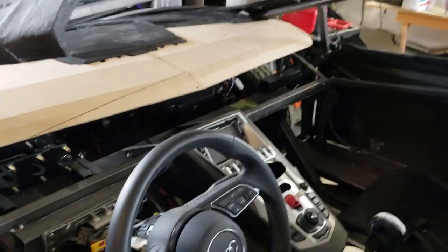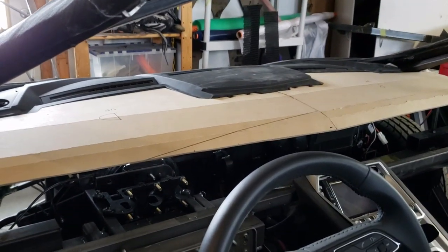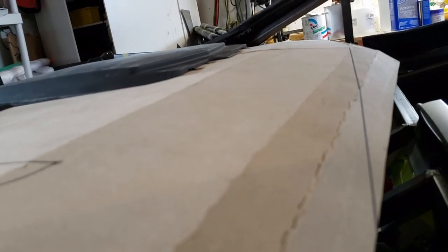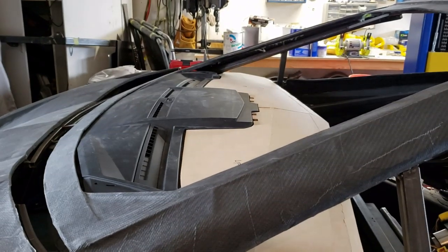So we've got our little dash unit here that we're just kind of sitting in there, and I'm getting the top part of the dash set up. What we've done is we've gone with some 1/4 inch melamine, and then I've done some relief cuts on the backside so that we can actually create this kind of curve. Then we'll put foam on the top of that, we'll shape the foam, and then we'll do leather over the top of the foam. So we think the dash should look pretty good. I want to use real leather, maybe Alcantara. We'll see where we...